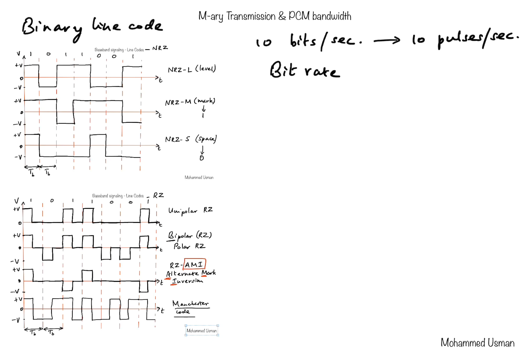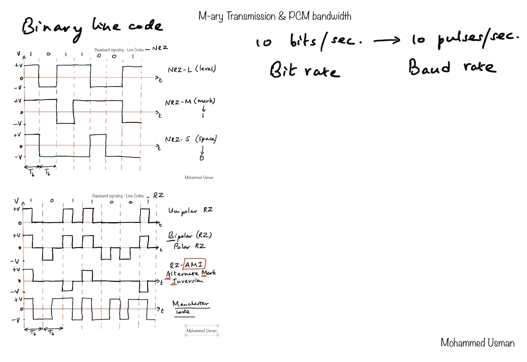and the number of pulses transmitted per second is called the baud rate. The baud rate has an effect on the bandwidth required for the communication. So if we want to increase the bit rate, we have to increase the baud rate if we use a binary representation. That means if a single pulse is representing only a single bit, the number of pulses transmitted per second has to be increased if we want to increase the bit rate, and that would increase the